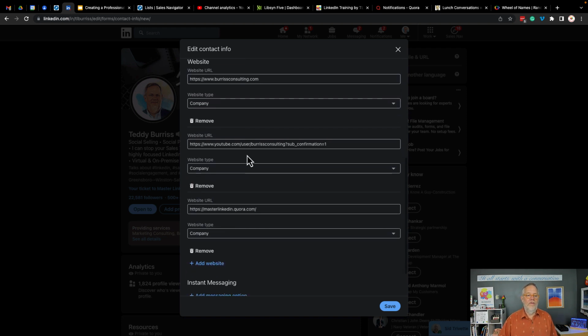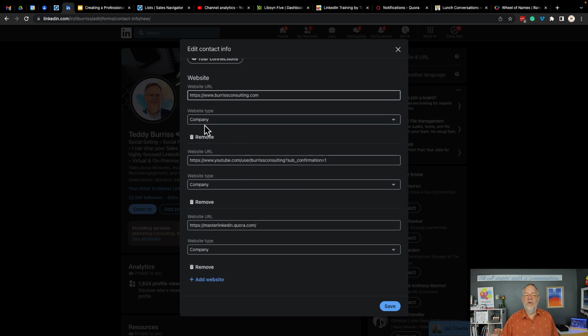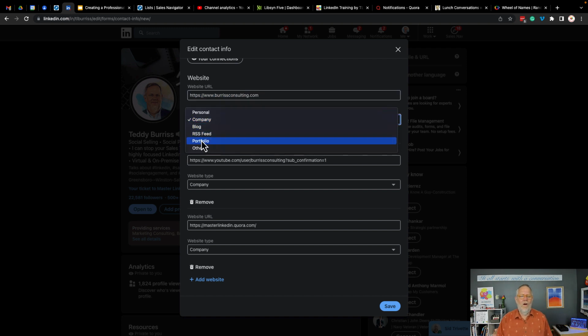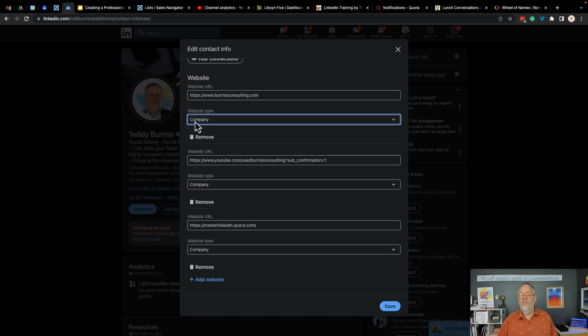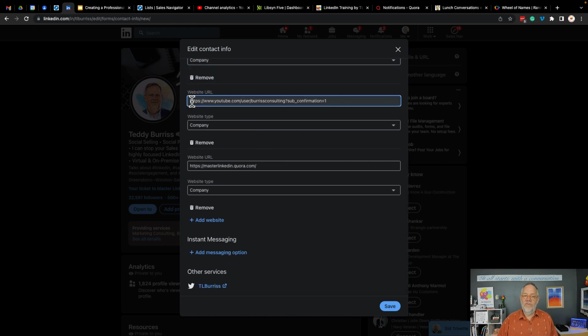The next area is the websites. Right now, you can only have 3 websites. There is a button to add more, but it does not work as of August 2022. But when you put your websites, put the most important one at the top, label it company, maybe portfolio, maybe blog or personal, but go with the one that's the most important. And then you can have a secondary